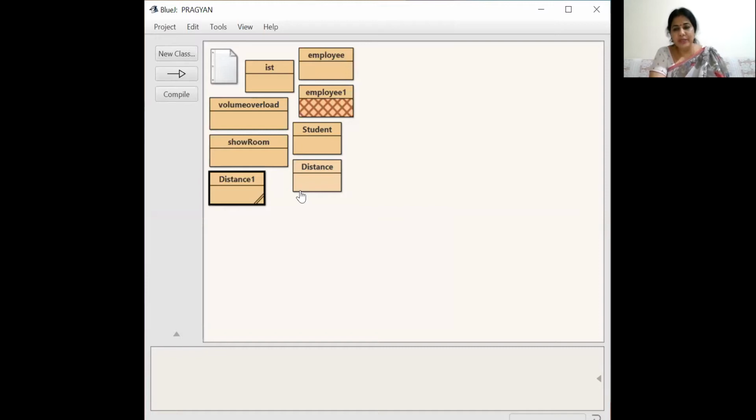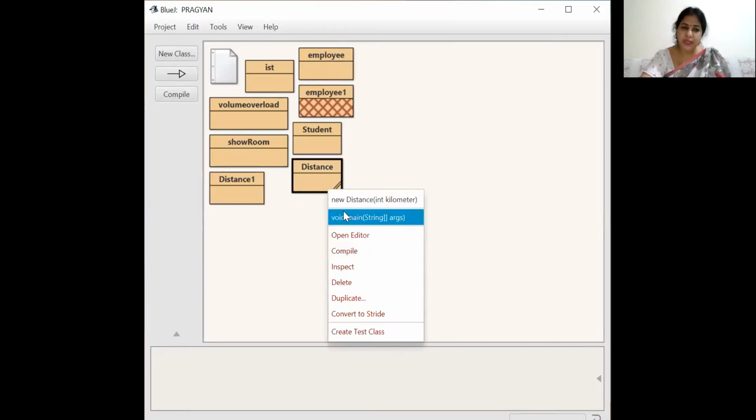Another point: how can you decide whether you have to use a parameterized constructor or not? If your program does not have input functions. Here also the input function is not there, but it is asking for the default, so directly we have to assign the value as 15. But through both the default constructor and the parameterized constructor we can solve the program. How? Just look here at how you have to solve it.